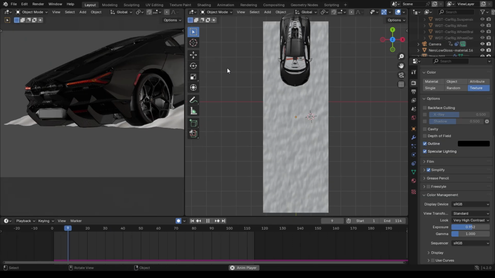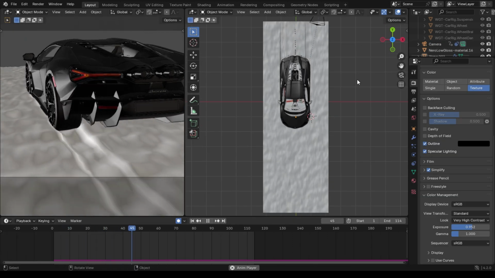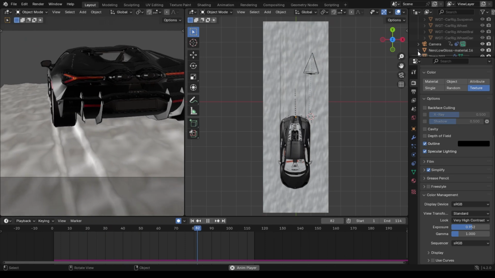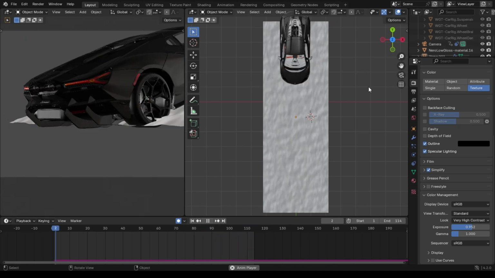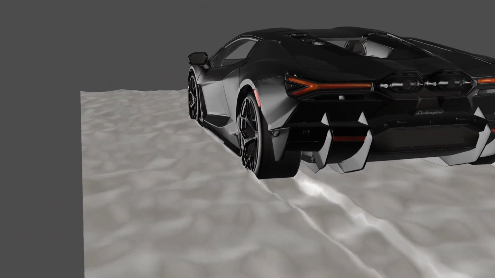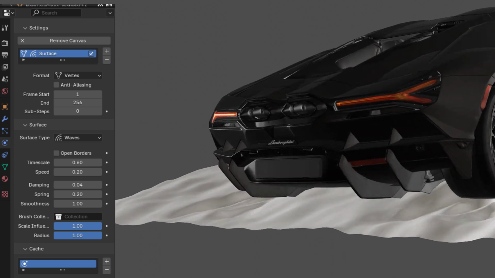Then I ended up with this simple camera movement. To get these waves like, you can copy my